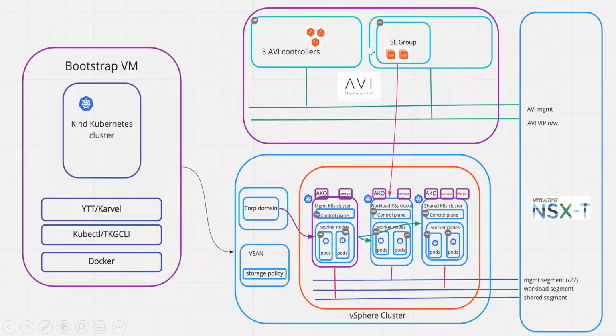And this is a very high level architecture of how this deployment is being done. If you see the way it is set up, you have something called a bootstrap VM. This VM is more like a jump server, where you have all the configurations that are required for deploying the Kubernetes cluster. You need to have Docker running there, and then these are the tools which are required: the TKG CLI, kubectl, which is common, and some kapp tools and YTT tools, which are from VMware. And what this does is it deploys